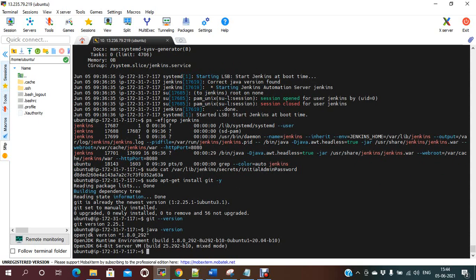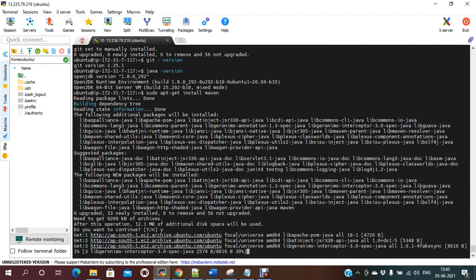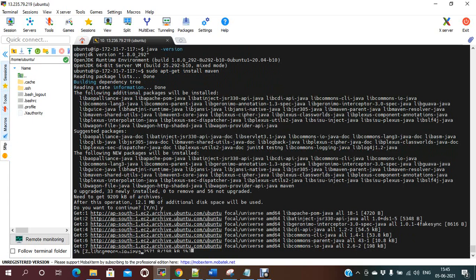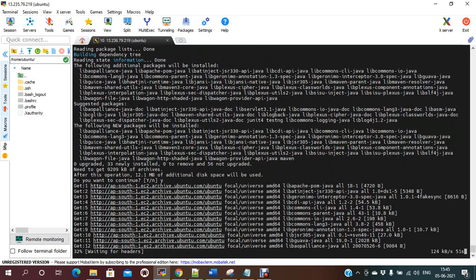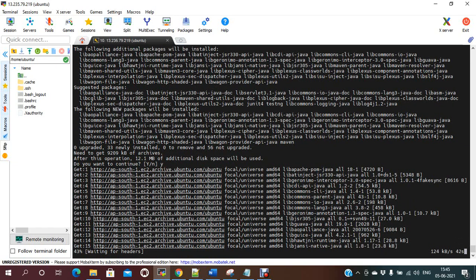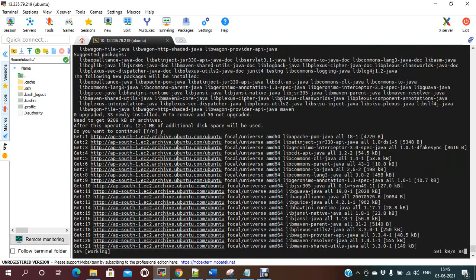Now let me install Maven also. To build the code, we need Maven on the Jenkins server. So sudo apt-get install maven. To build your Java code, we need a build tool, so for that I am just installing Maven.